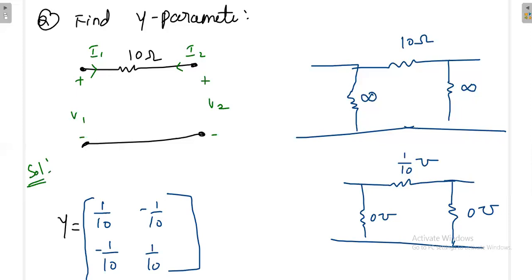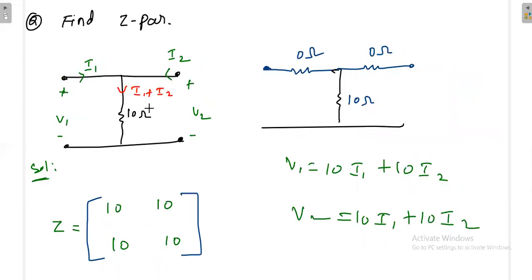Similarly here also, you are given with this one easily. So you try to convert it into pi matrix, because here you are given with a star. You try to convert it into pi matrix, pi model. Then try to find out what is the admittance matrix. With the matrix inversion technique, you try to find out whether you are getting this or not. You just try it out.